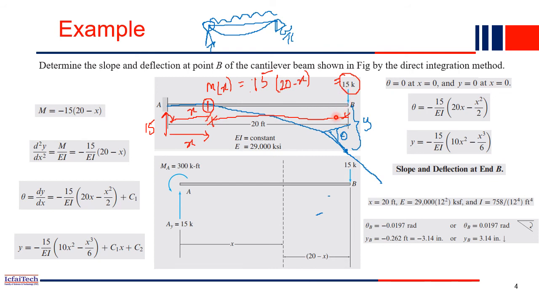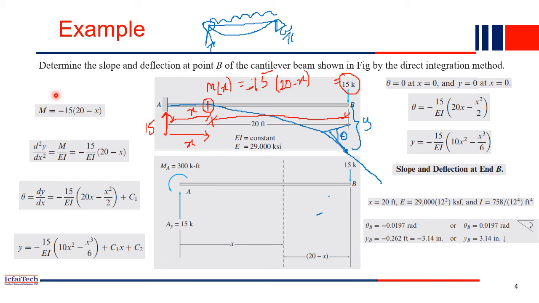And this moment is acting in which direction? Clockwise direction. See, it is clockwise direction. So as per our sign convention, clockwise we consider as negative. So whatever moment we computed now, it is minus 15 into 20 minus x. So that's what we have written here. That is the moment with respect to the x variable, minus 15 into 20 minus x. So this is the moment at any particular point. x is a variable, right? x may be here, here, at any point of a beam. This is the equation. Just substitute the corresponding x value, you will get it. So this is the moment equation.